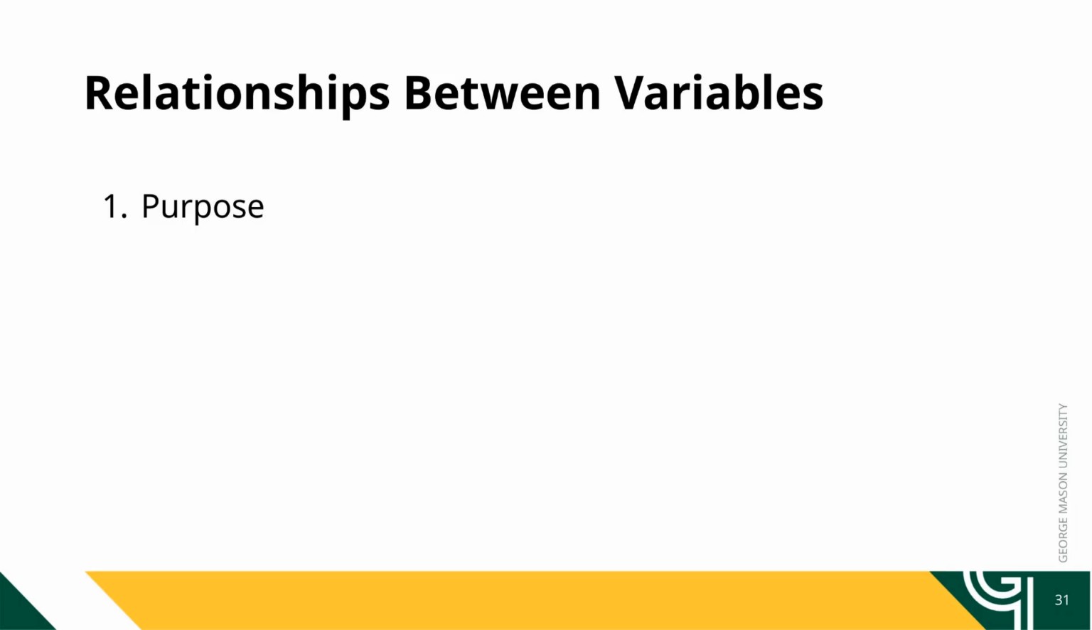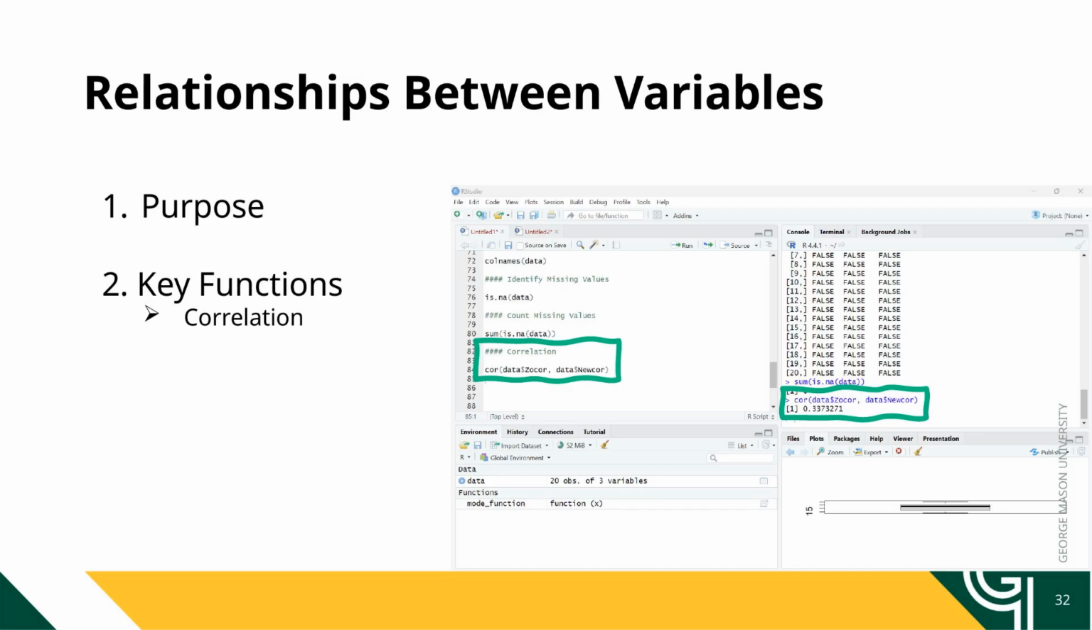Relationships between variables: to explore and understand the relationships between 2 or more variables in a dataset. This helps in identifying patterns, trends, and potential correlations that can inform further analysis. Correlation measures the strength and direction of the linear relationship between 2 continuous variables. In this dataset, the variables zocor and nucor have a correlation coefficient of 0.34, which suggests a moderate positive linear relationship